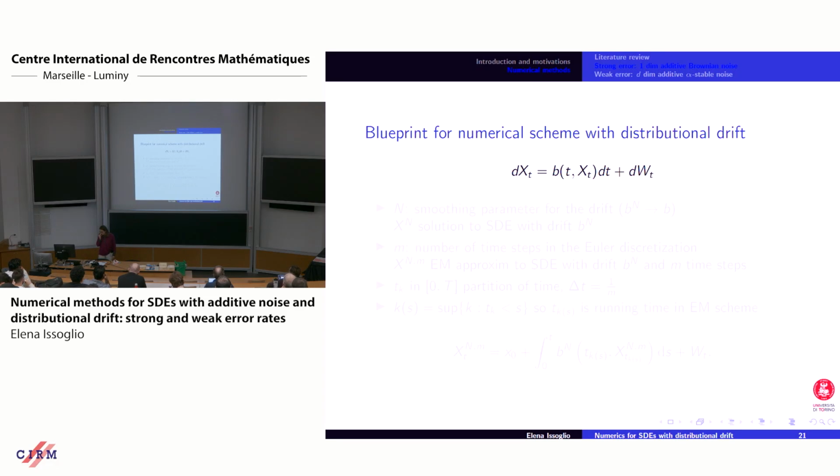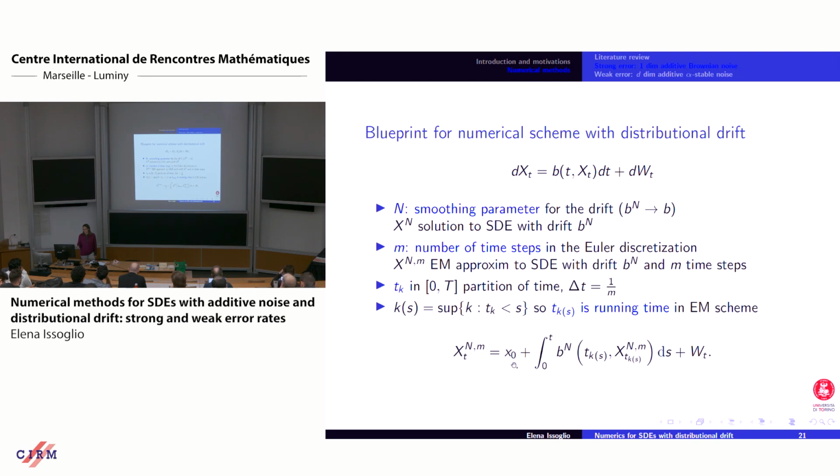So, okay, this is the result, and how do you set up a numerical scheme for a distributional drift? In fact, this, which I call a blueprint, is more or less the same way that Goudenège and co-authors did. So what you have to do, because B is a distribution, first of all, you remove B and replace it with Bn, where Bn is a function. Otherwise, on the machine, you cannot do anything.